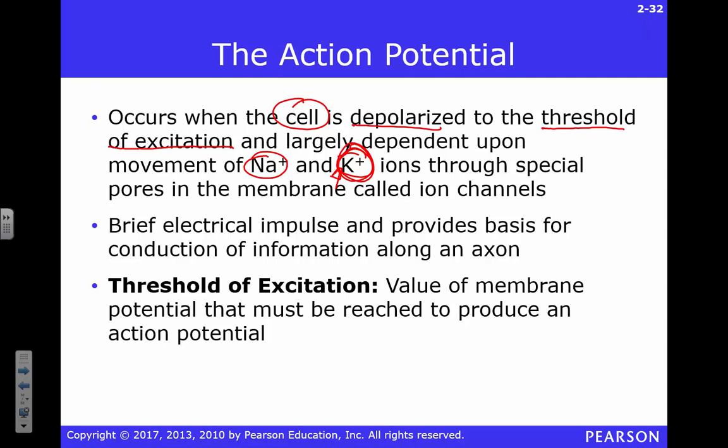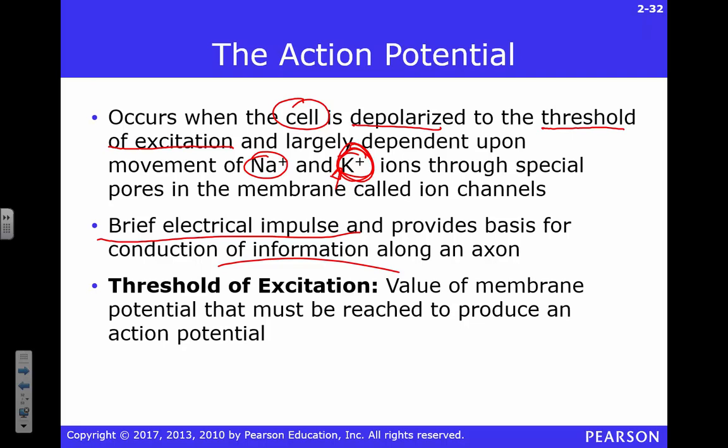This action potential, it's a brief electrical impulse. That's the words, right? This is the information that you're conducting along your axon. This is the information you're sending from one cell to another, okay? This is Johannes Mueller's doctrine of specific nerve energies. When he was talking about that electrical signal, that electrical impulse, he didn't know it at the time, but it was the action potential. The reason he didn't know it at the time is because Thomas Henry Huxley hadn't had a grandson yet who figured this out.